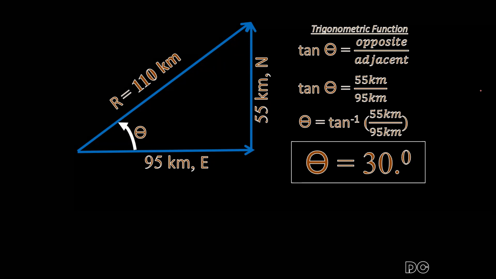So therefore, our answer should also have two significant figure. Since arctan 55/95 is equivalent to, I think, 30.06 and so on, to make it two significant figure, we will make it 30.10 degree,